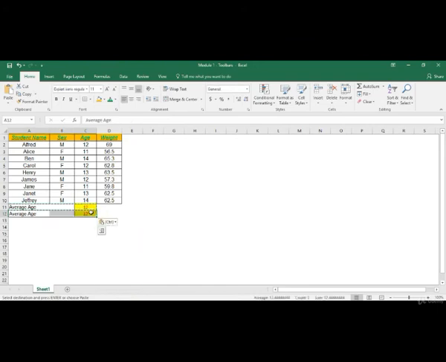Keep source formatting. So the format will be exactly the same as where we have copied the information. By selecting no borders, the formatting would be the same, just that the borders would be gone now. So over here we had borders, over here we won't be having those borders. Keep source column widths the same. So over here, because we are copying and pasting them in the same column, it will not have much impact.